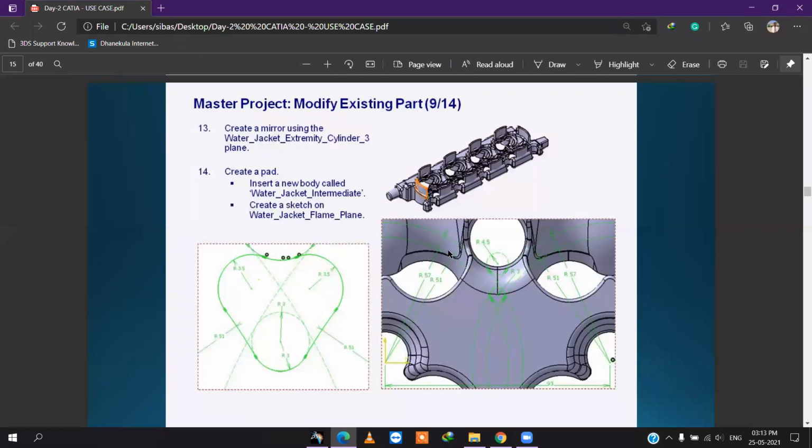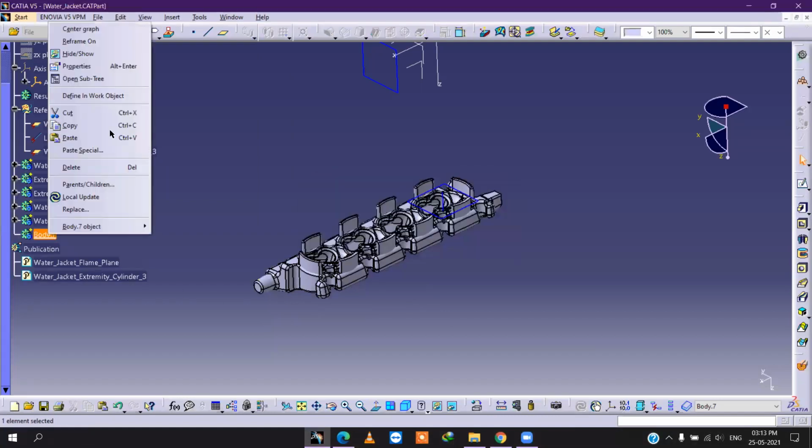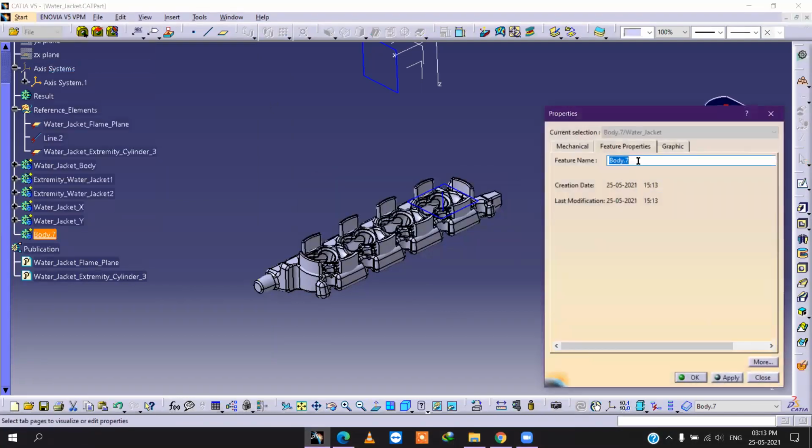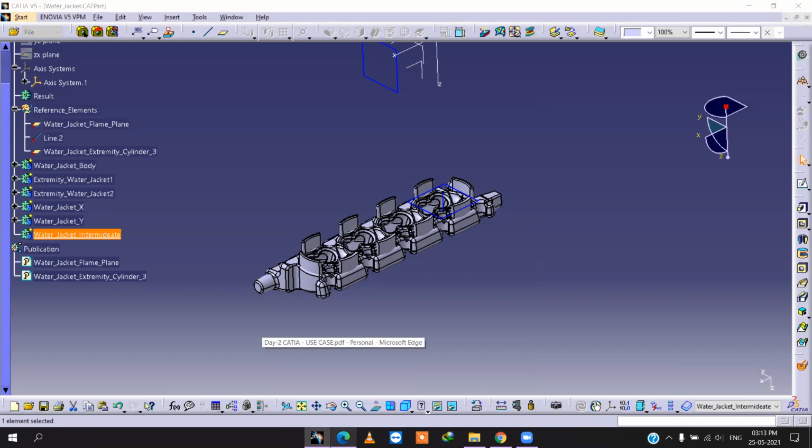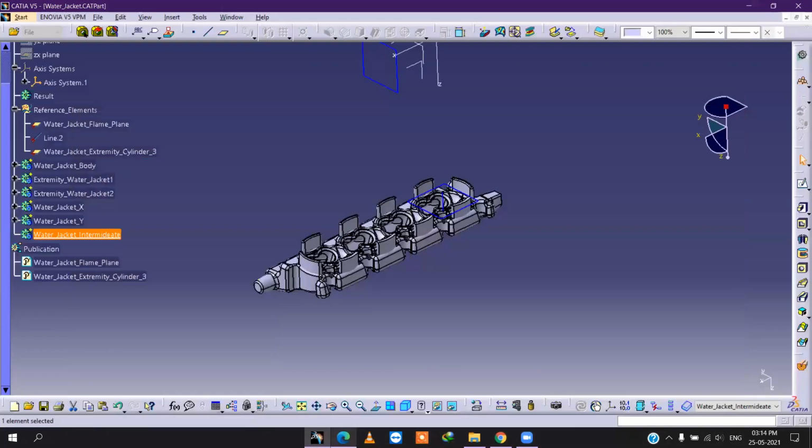Insert body, right click, properties, you have to rename. Intermediate. Okay.